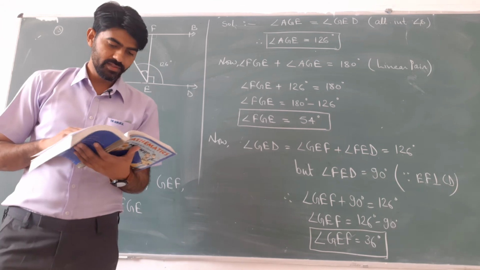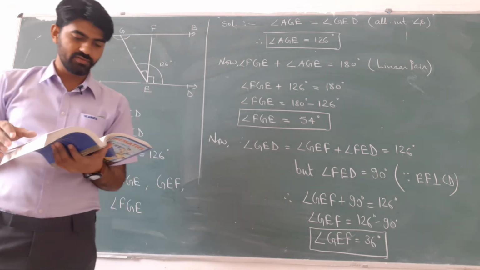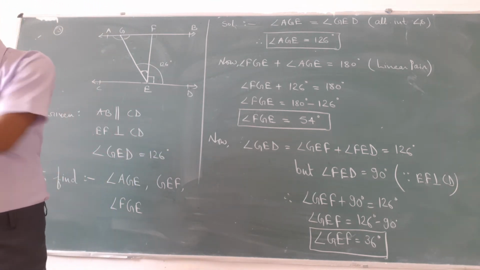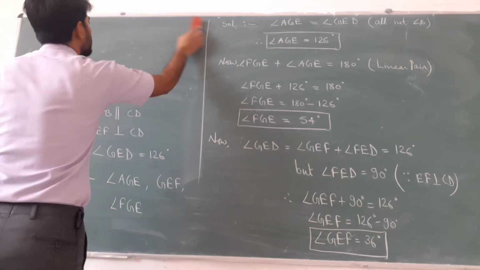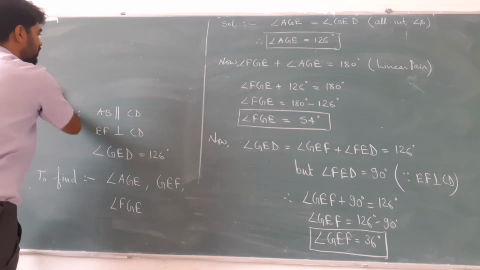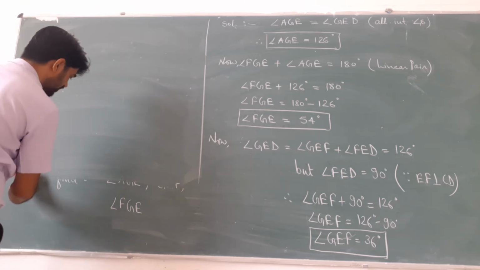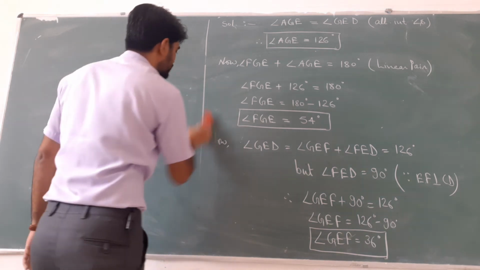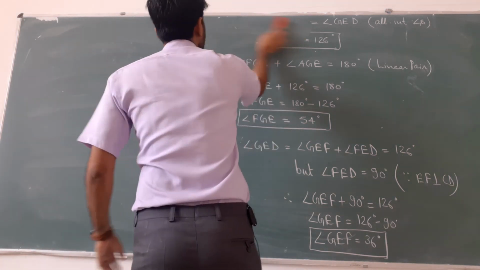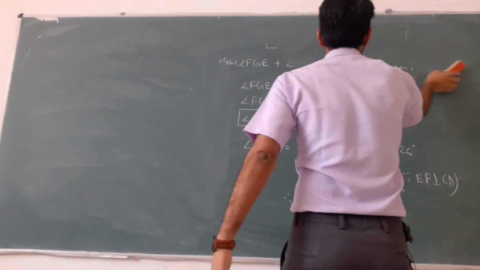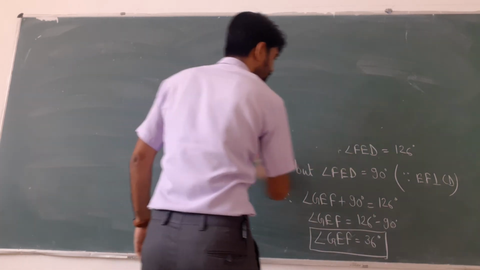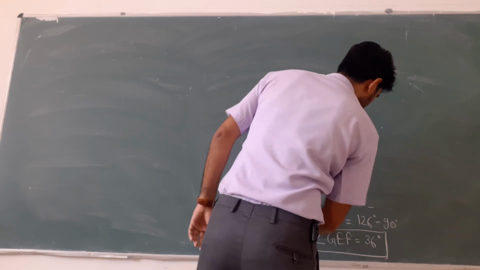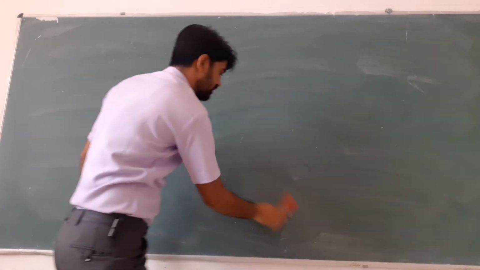Now moving on to question number 4. Question number 4 is a very important question. This type of question always comes in a final exam. So every year we have seen that this type of question is being asked. If not exactly, then similar questions can be asked. So let us see what is question number 4.